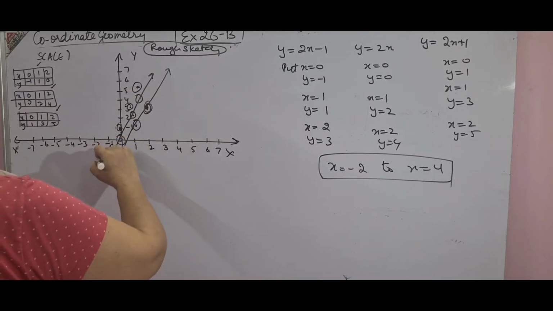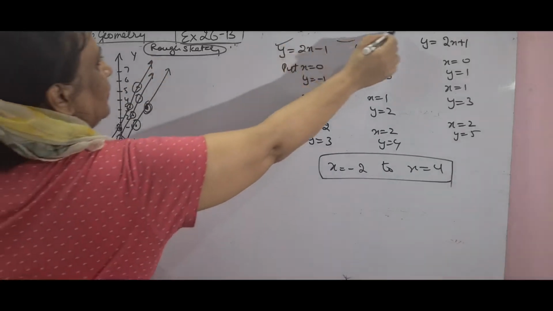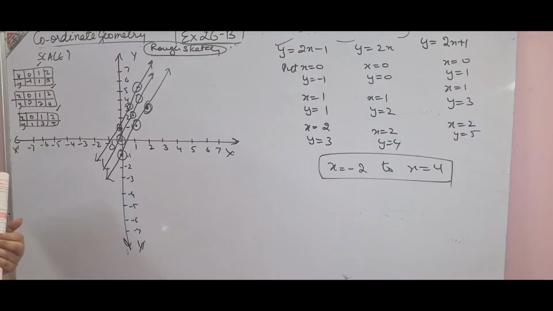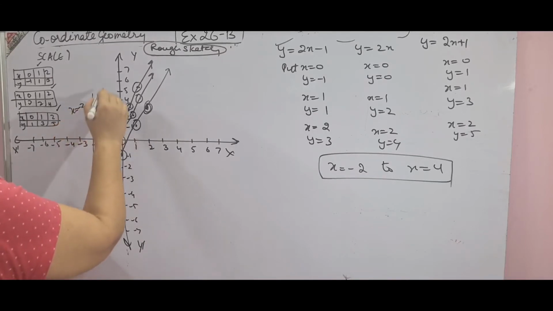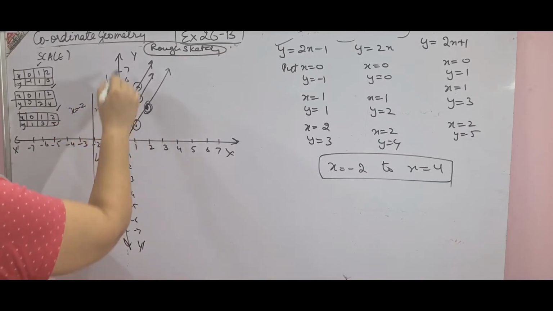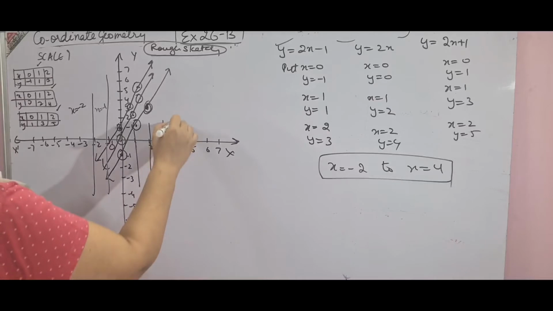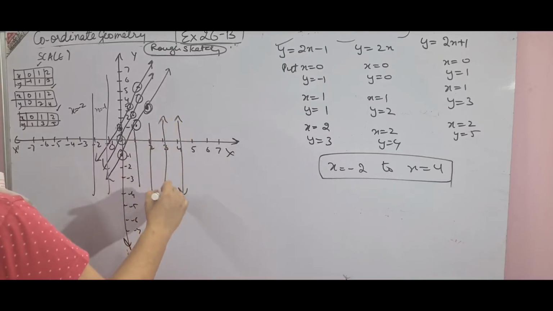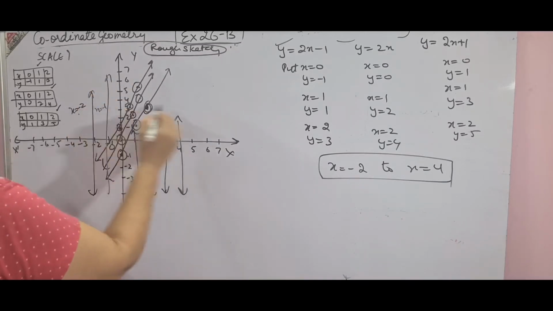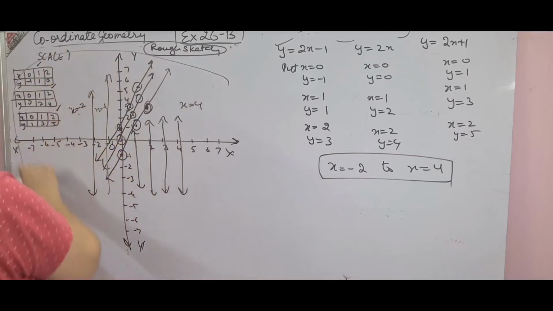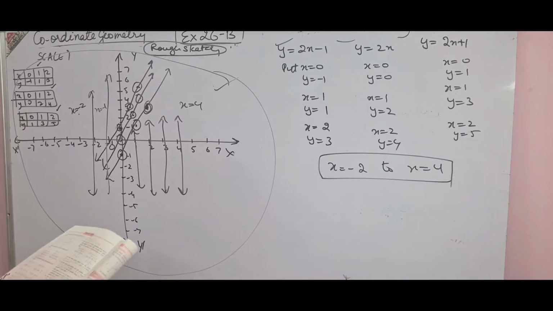And children, trust me, when you do it on the graph, you will get a very beautiful graph. So these 3 lines you have got from these 3 equations. I hope you have understood. Then x from minus 2 to 4. So what you do is x is equal to minus 1, x is equal to 0, x is equal to 1, x is equal to 2, x is equal to 3, x is equal to 4. You have to plot these lines parallel to the y-axis, represent each and every line, and write x from minus 2 to x is equal to 4. So this is your complete graph of exercise 26b, question number 8, page 320.